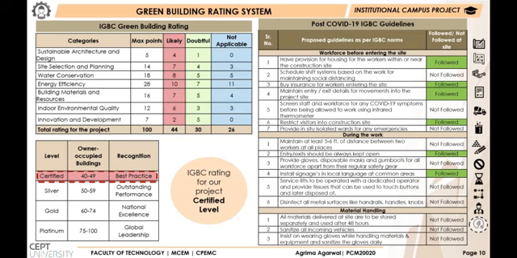Next is the green building rating system. In this, the scoring of the project for different heads mentioned in IGBC was done to check the possibility of obtaining a green building certificate. As per the scoring, the project can be eligible for an IGBC certification level. Further suggestions can be applied to increase the rating scale, such as passive architecture or energy efficiency enhancement. We have shown the checklist mentioned in IGBC norms to be followed for the COVID-19 guidelines, which is done during the work.